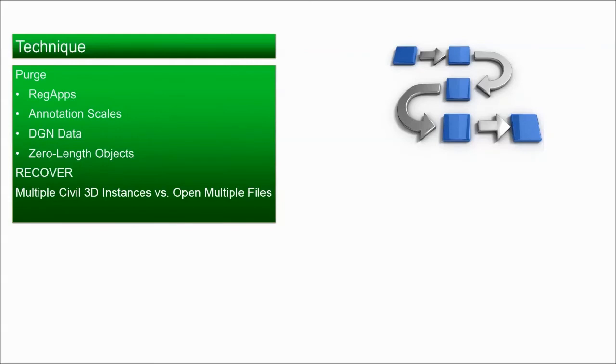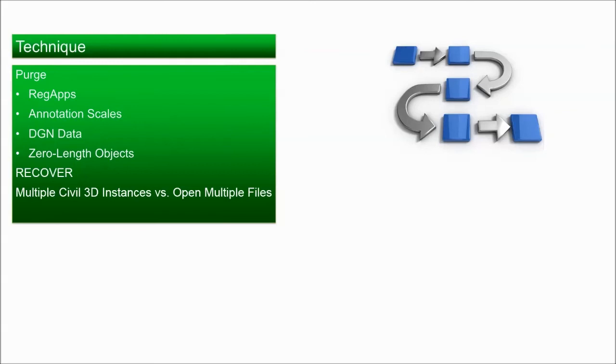Since Civil 3D doesn't really make the best use of your multiple core processor, you can have 10 drawings open, right? Start Civil 3D once in the morning, open 10 drawing files. Really, Civil 3D is going to make use of one processor. But if instead of opening all 10 of those drawings in one instance of Civil 3D, you open two or three different instances of Civil 3D and open the drawings that way, you are going to get a performance boost